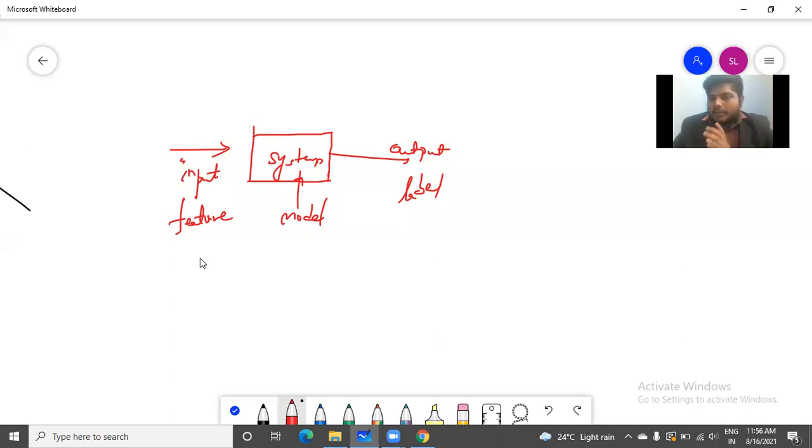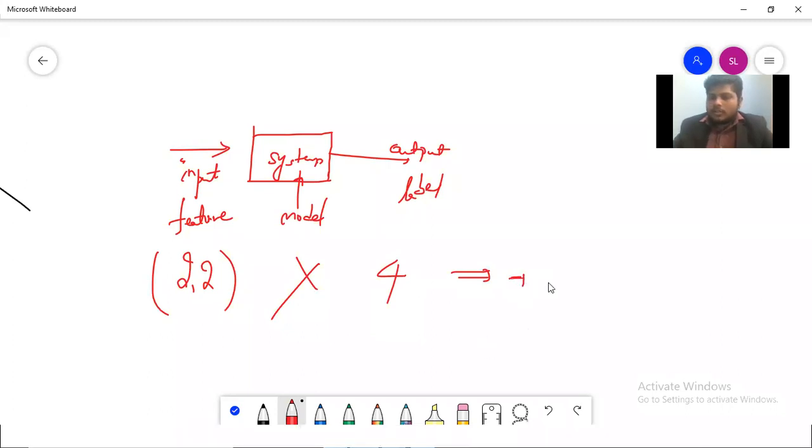Here, in our case, we will provide 2 and 2 as input. We will not let the system know what the model is. And we will also provide what my output is. So I have given 2, 2 as input, and I have also given the output. It should tell me that this is the symbol you are actually looking for, which is plus, which is the addition.